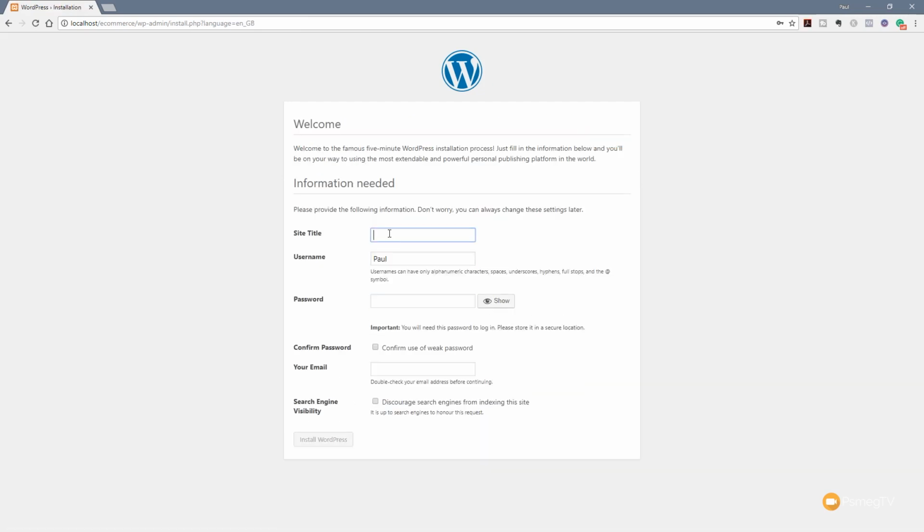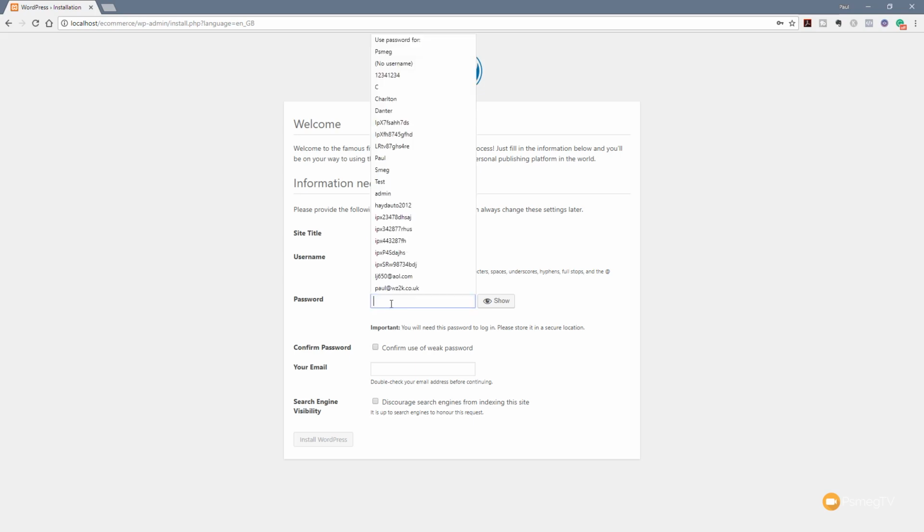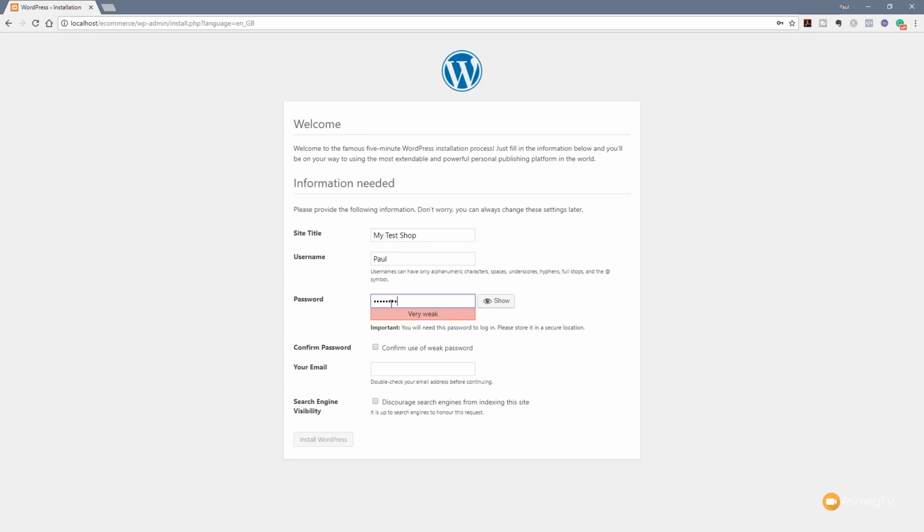So I'll just pop some basic information in here. We'll put the name of the shop in there. I'll leave my username, put a password in. Now, obviously, you can use the password that WordPress automatically generates for you. That's a very secure password, or you can put something you want in yourself and it also gives you this sort of meter to say how secure they think your password is. Because I'm working on a local server, I'm not too bothered, so I'm just going to put something in. It just says it's a weak password. That's fine for me. Confirm the use of a weak password,